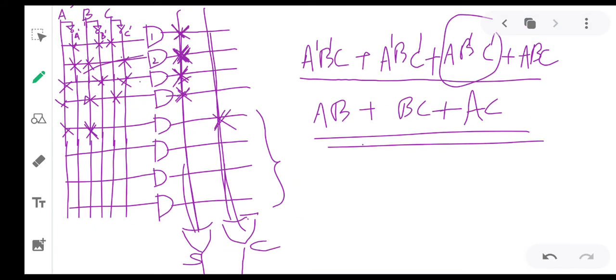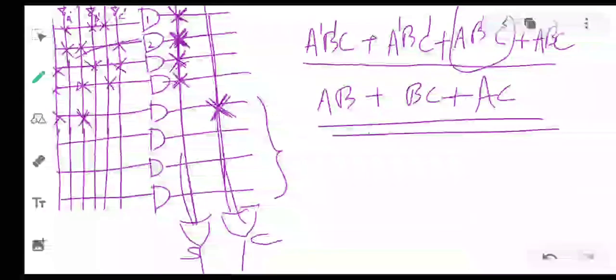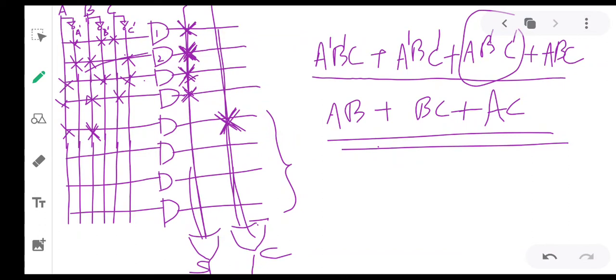So here you have to put the connection for carry. Then BC. So this is your B, then this is your C. So this product term is BC, and it is required for carry. Then AC. This is your A and this is your C, and this product term is also required for the carry.